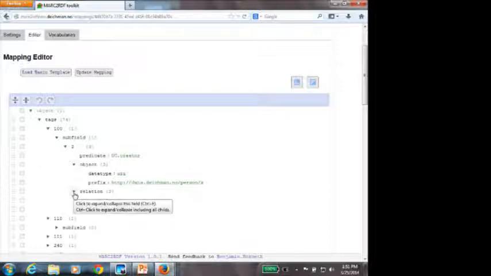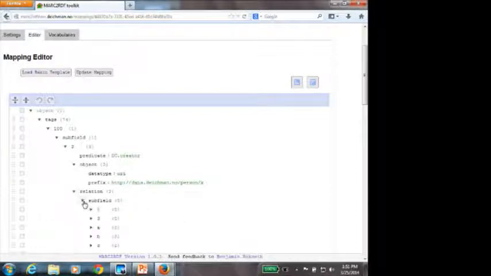Then that instance can be the subject of new RDF triples that say something about the person based on the contents from other subfields. And then you have also the possibility to add conditional choices of predicates based on, for example, the contents of a subfield, like the relator terms in added entries. Depending on what the relator term is, you should choose different predicates. You can also choose predicates based on MARC indicators.